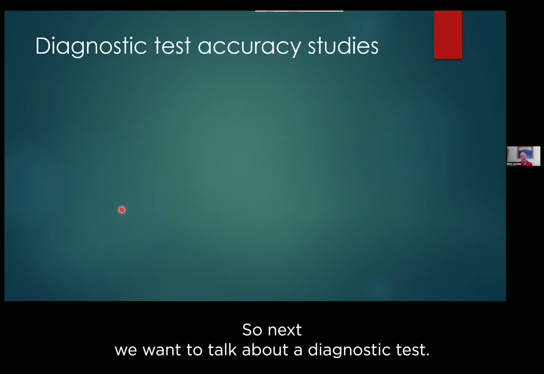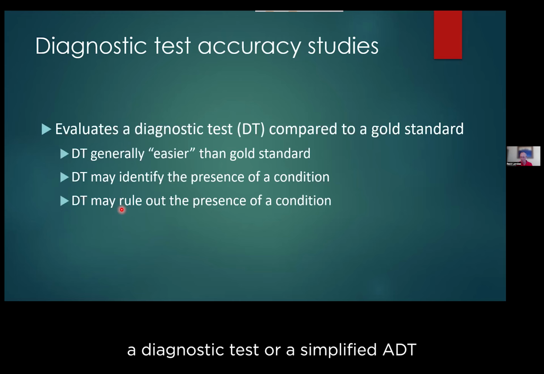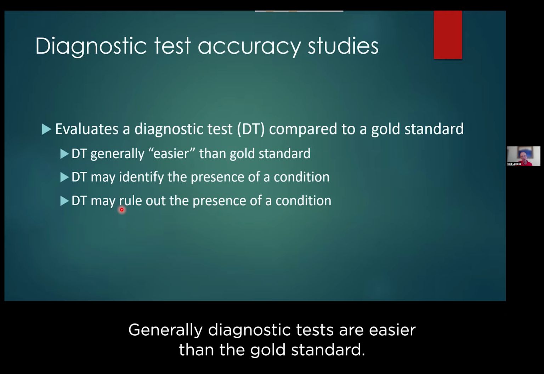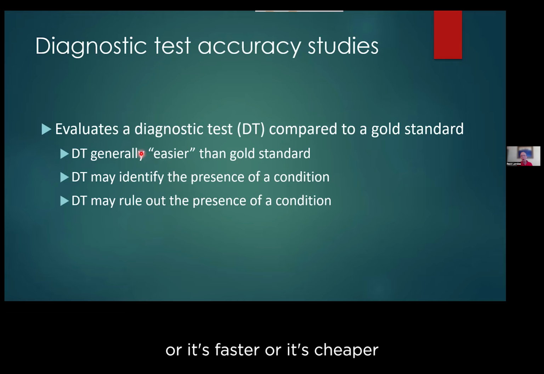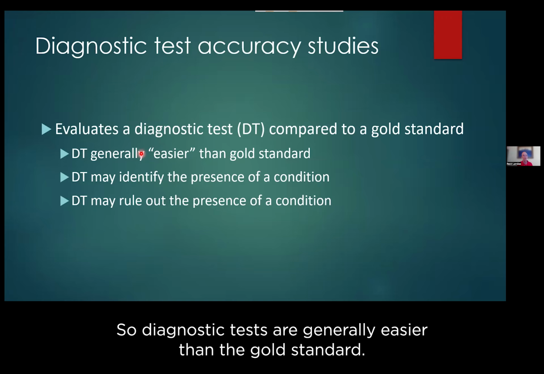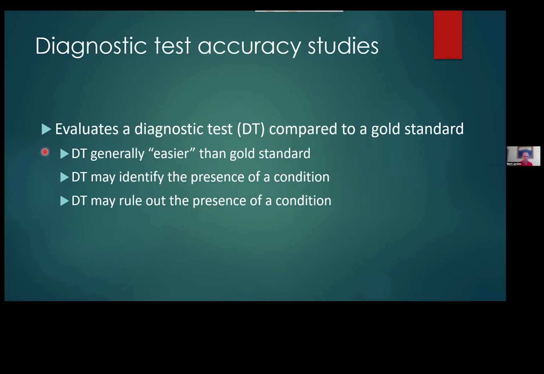So next, we want to talk about diagnostic test accuracy studies. And for these types of studies, a diagnostic test, or I'll simplify to DT, compares a diagnostic test to a gold standard. Generally, diagnostic tests are easier than the gold standard. And when I say easier, I might mean it's less invasive, or it's faster, or it's cheaper, or some nice combination of those. Diagnostic tests may identify the presence of a condition, or they may rule out the presence of a condition. So those are what diagnostic test accuracies do,